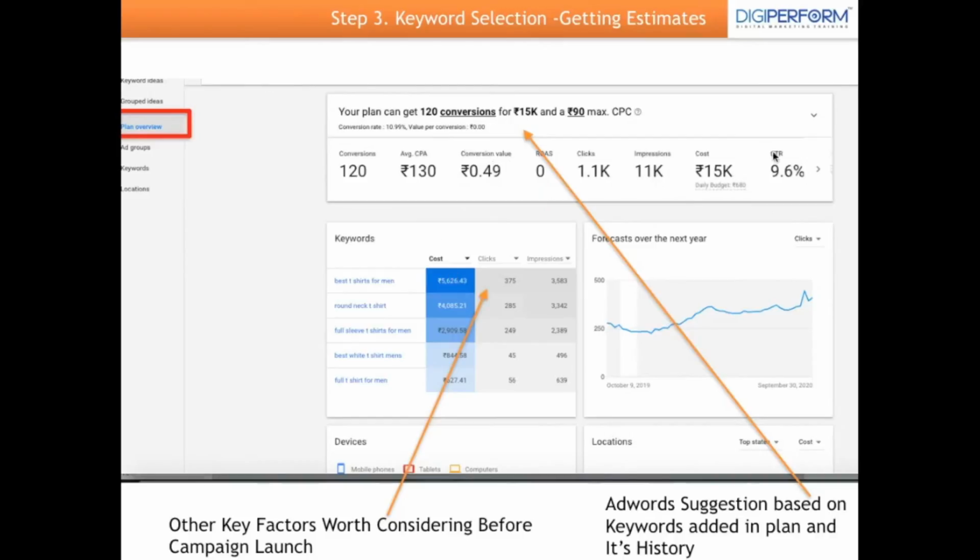So you will get a rough enough idea, and based on these figures that you get from here, you can plan your daily budget and bids that you need to add while creating the campaign, all right. So once you have this plan, you can just download it, or if you're creating the campaign right now, you can just consider these values, all right. Now going next,